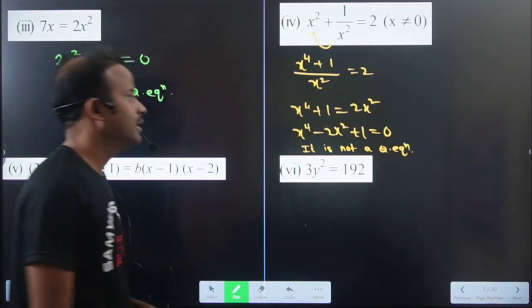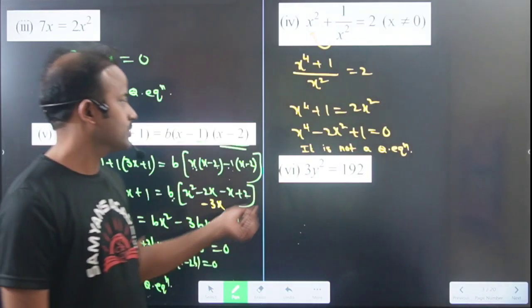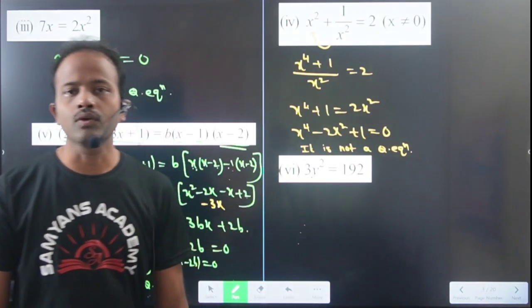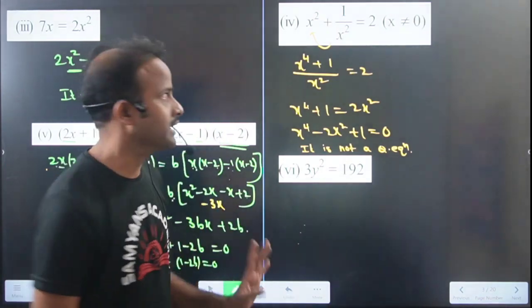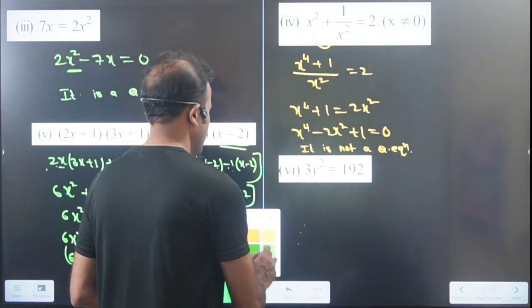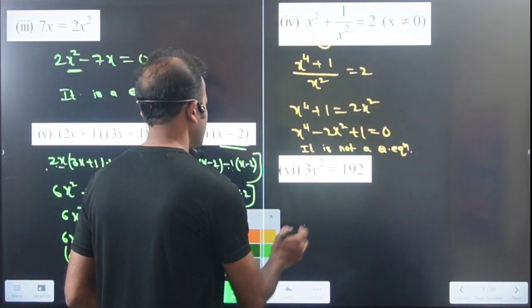That's why it is not a quadratic equation. In question number 6, we have 3y square equal to 192. Can you say this is a quadratic equation? Yes, we can say that this is a quadratic equation. Why? Because